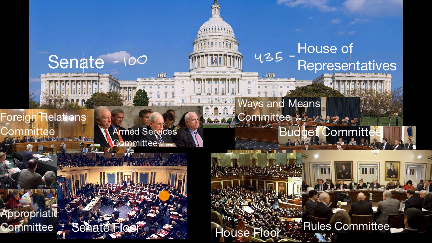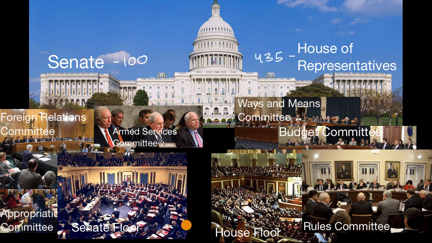Now, in either case, once a bill gets through either house, it has to be voted on by the other house. So if a bill gets approved by the Senate, then it will go to the House. And if that same bill is approved by the House with a simple majority, then it will go to the president. Now, the president might sign the bill, in which case it would become law, or the president could veto that bill. If the president vetoes the bill, it goes back to both of these houses. And to override the veto, each of these houses, they both have to vote with a 2/3 majority,